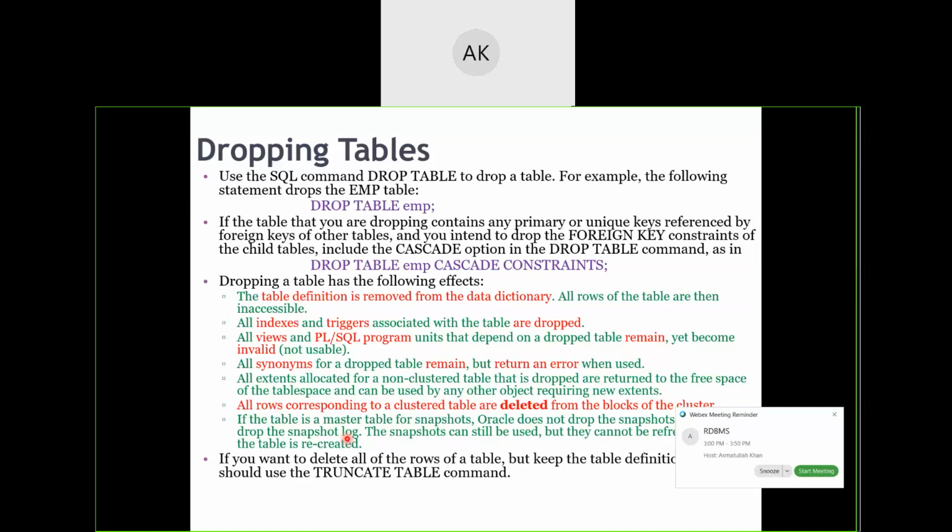Four or five tables were there. They were somehow related together. So those related columns you will use to create a cluster. So what should happen to the rows that you have used for creating that cluster? Those rows will get deleted from the cluster because the original table has been deleted. Okay.